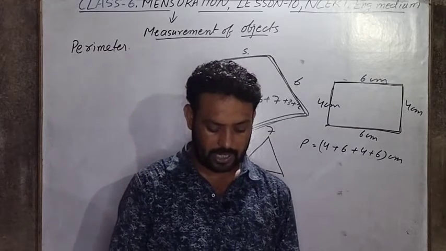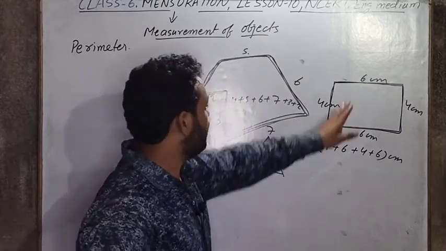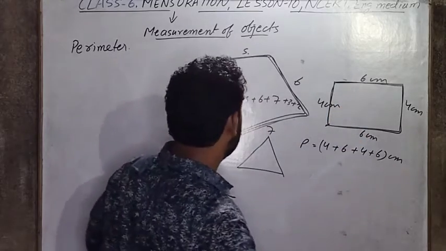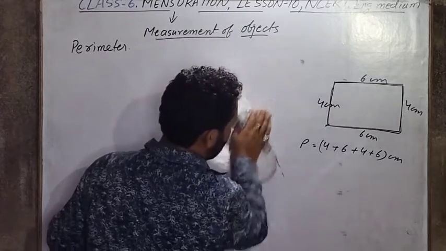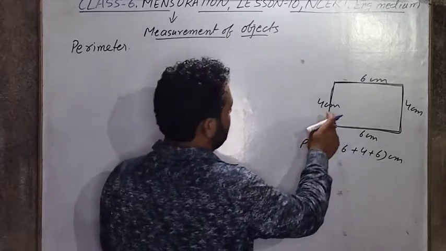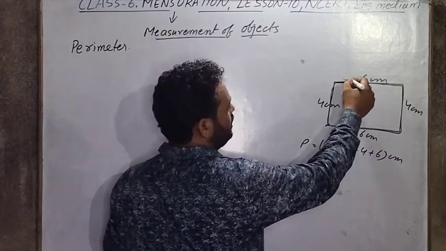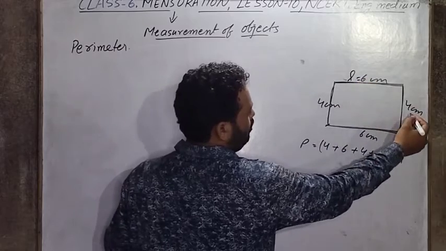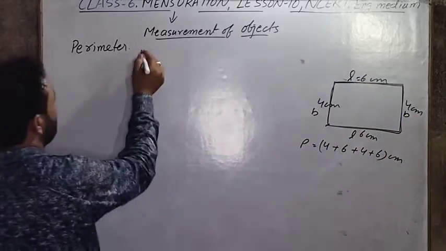Then we have the perimeter of a rectangle. What is the perimeter of a rectangle? Here, this one is a rectangle. To find the perimeter, what have we done? We have added all the sides. We can see here, this side is equal to this side and this one is equal to this. If this is length, this is breadth, this is length, this is breadth,